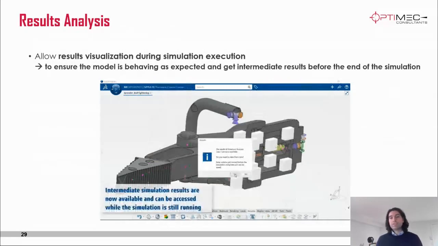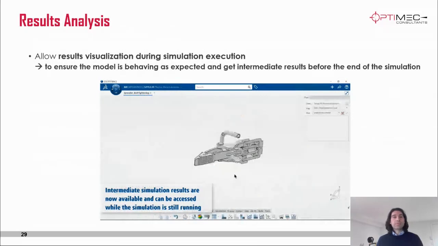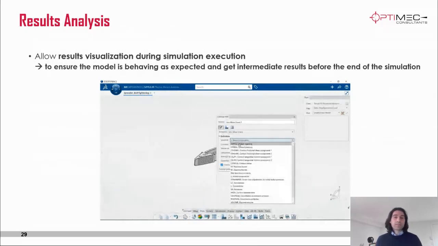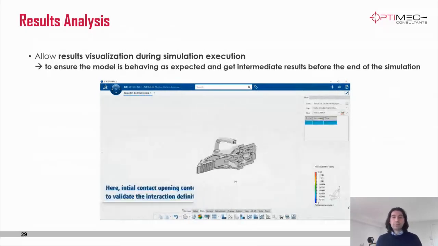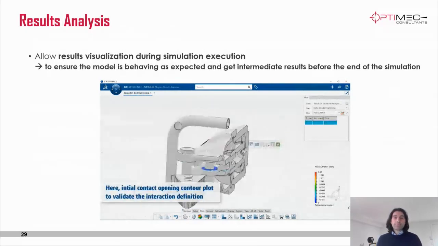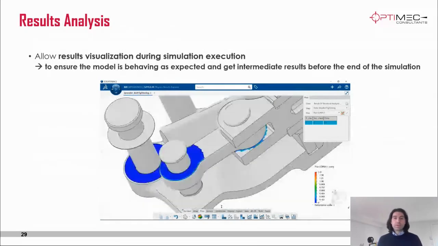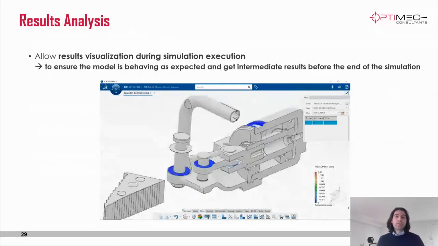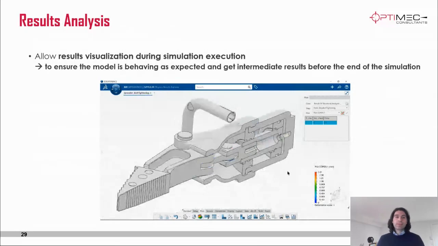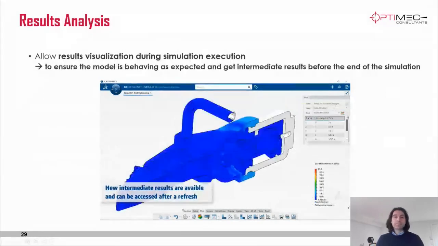So they added this feature basically to see if your model behaves as expected as the simulation progresses. Once you have a step that is written to the simulation results file, you can go in and view the results. So this again is a nice feature that was added.